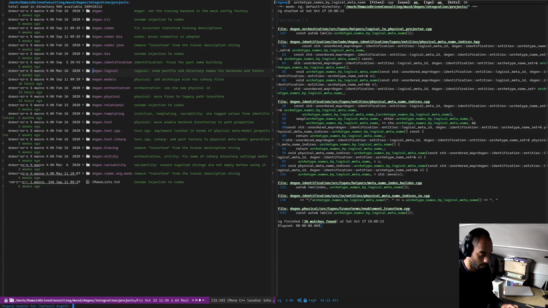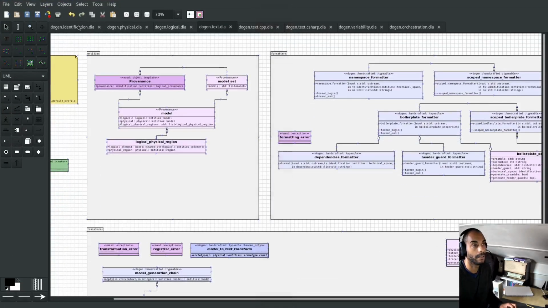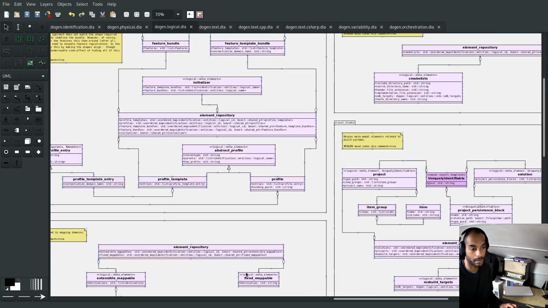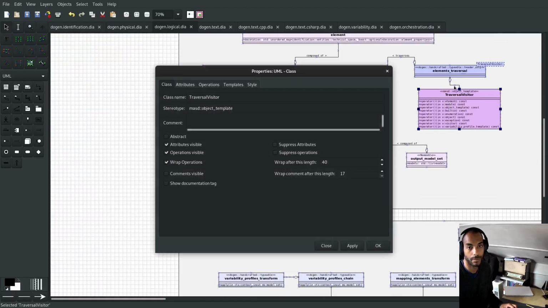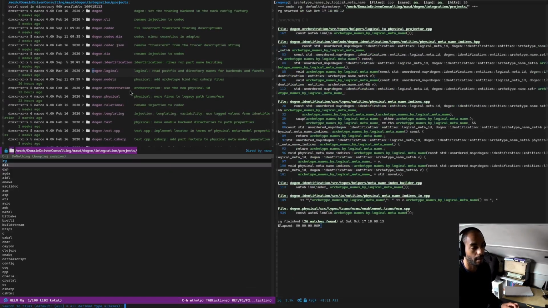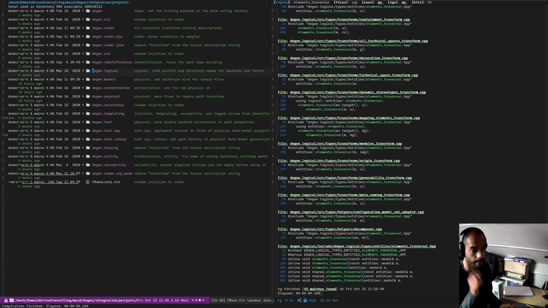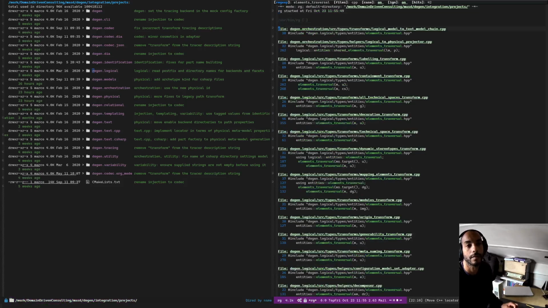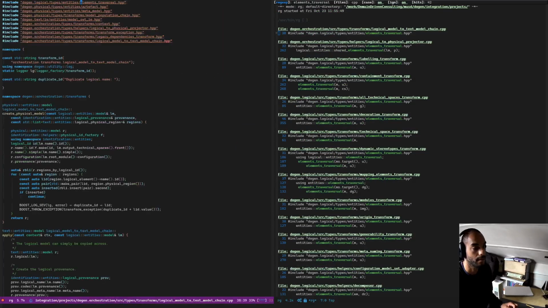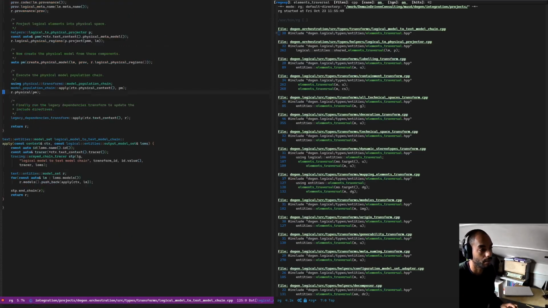So what we really want is the little helper that we have in the logical model. The elements transversal. So this guy here is used all over the place. We choose one of these transforms as an example, and what we'll see here is